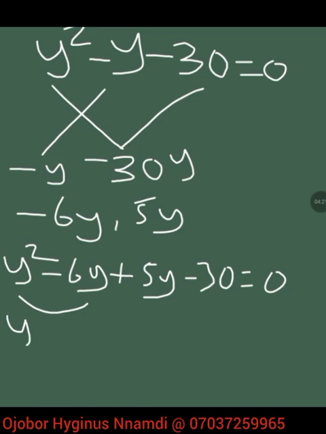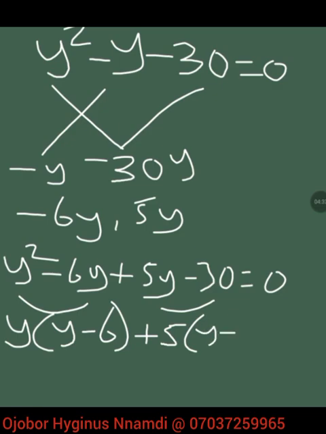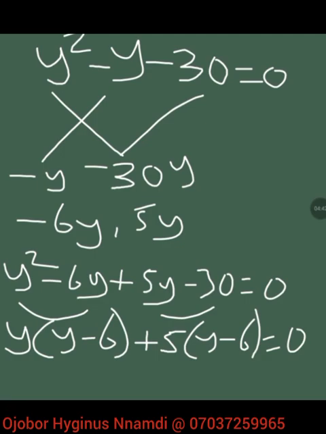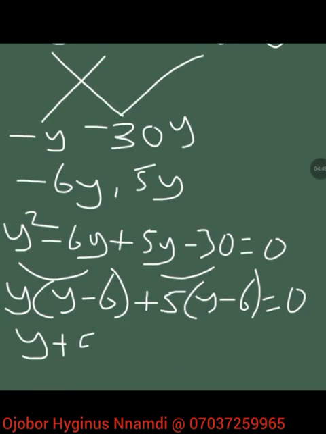So when you factor y out, you will be left with y minus 6. The common factor in these two is plus 5. When you factor 5 out, you will also be left with y minus 6. And that's equal to 0. So going further, we pick one of the brackets and then the one outside the bracket, so that we have y plus 5 and y minus 6